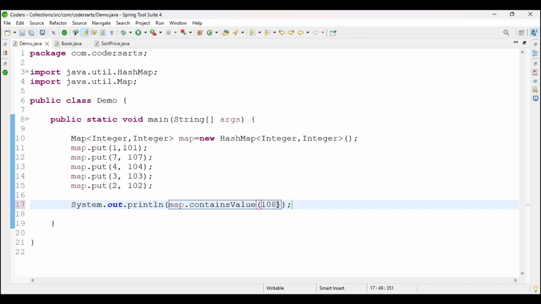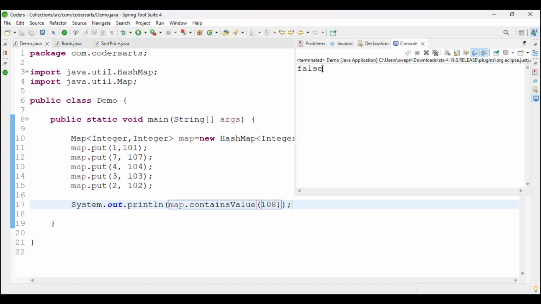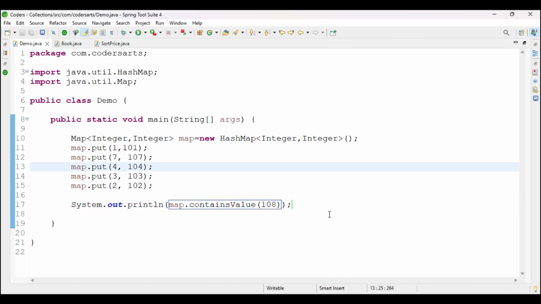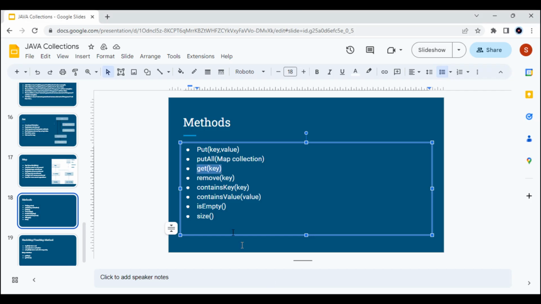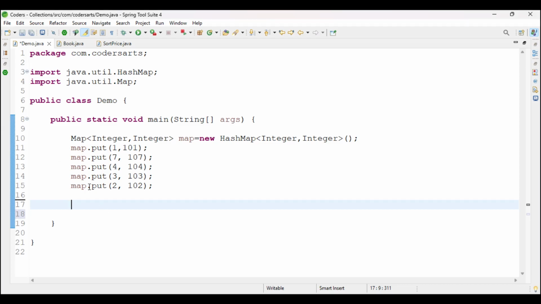If I check 108, it will give false. After that, we are going to see the iteration, that is, we want to get the elements by using an iterator. To use the for loop, we have to first